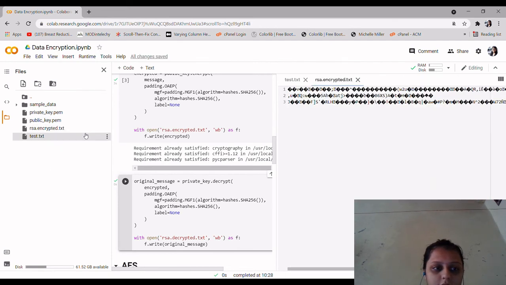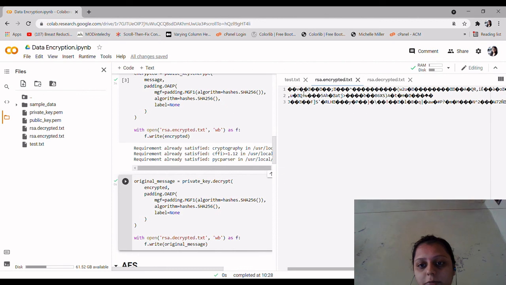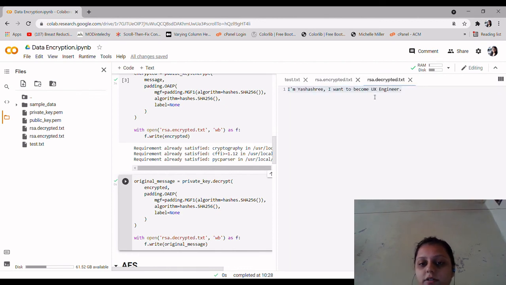It is taking a while. Here we can see that the original message is retrieved. So test.txt is our original file, rsa.encrypted is our encrypted file, and rsa.decrypted is our decrypted file again, in which we can see that the original message is retrieved.